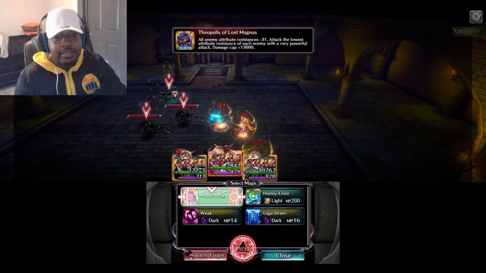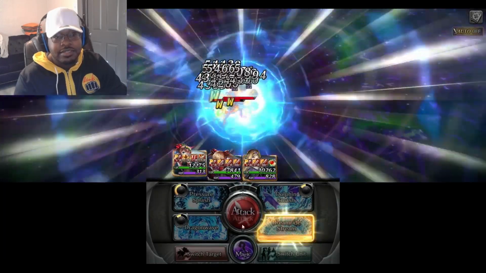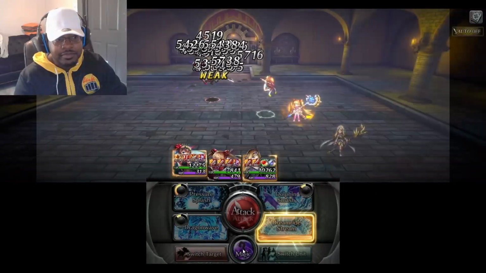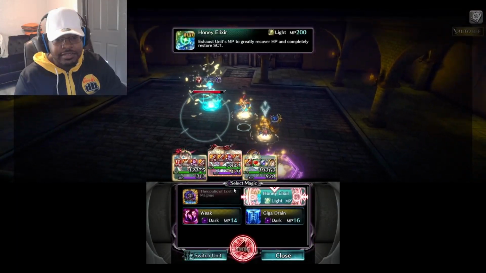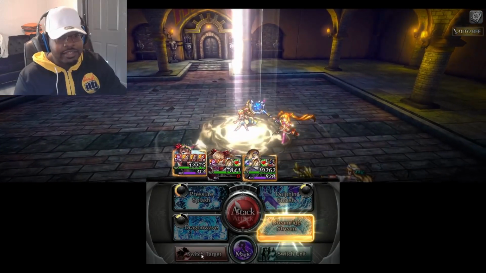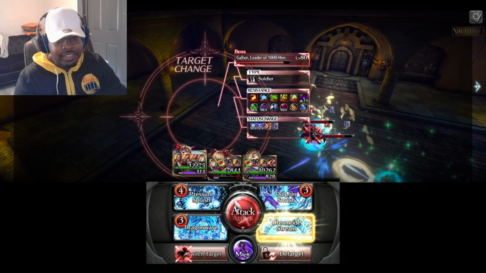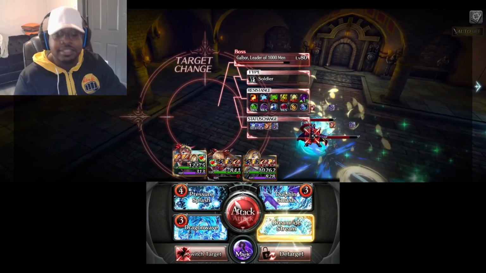And then Theo, just to lower their resist some more. And then finally, Honey Elixir on our girl. They should all be grouped up, so this will be easier. So I'm going to lock onto him. And of course, we're also going to start off with the Dolphin Smash. So